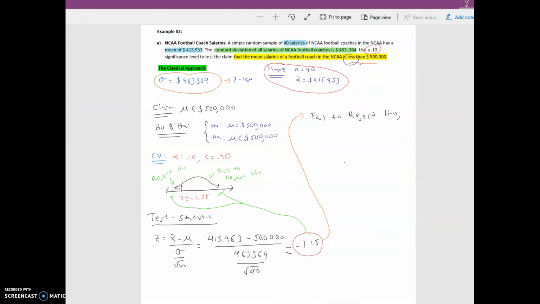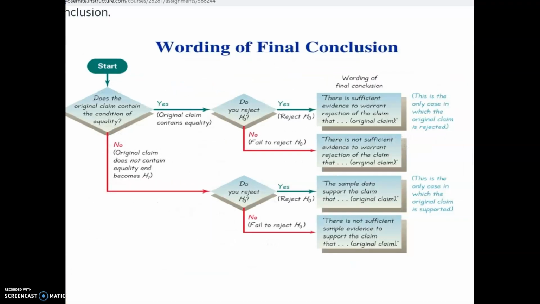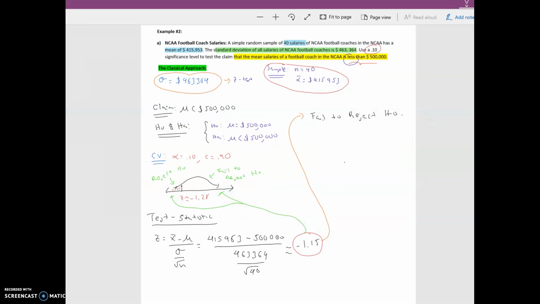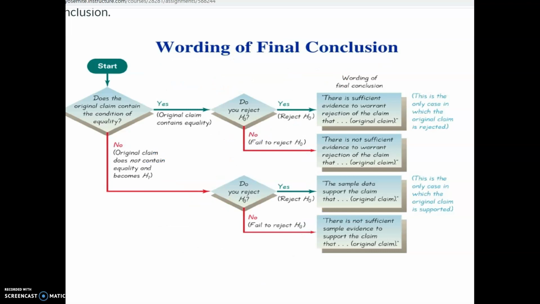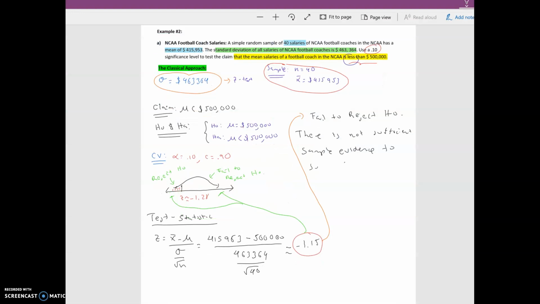And then say, there is not sufficient sample evidence to support the claim that, and the claim is that mu is less than 500,000